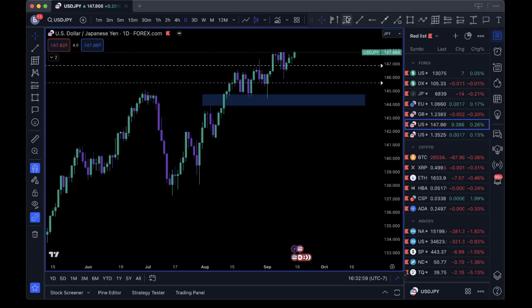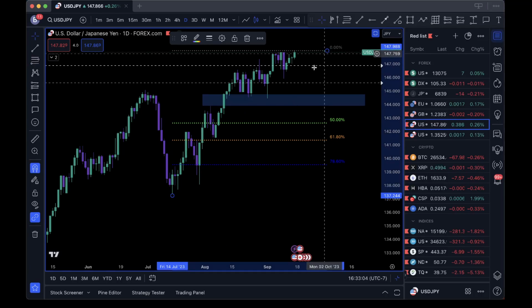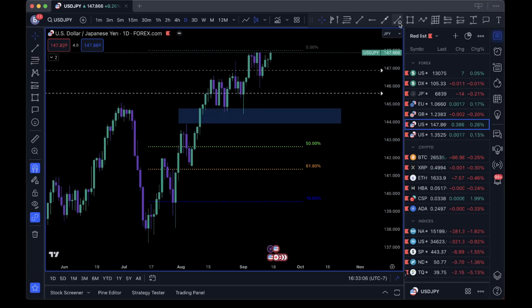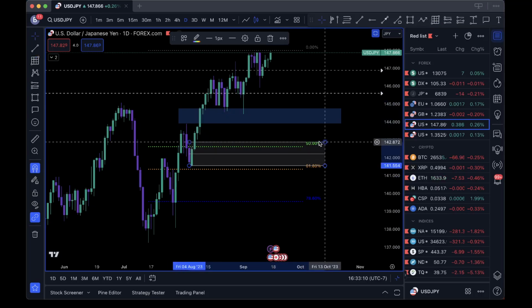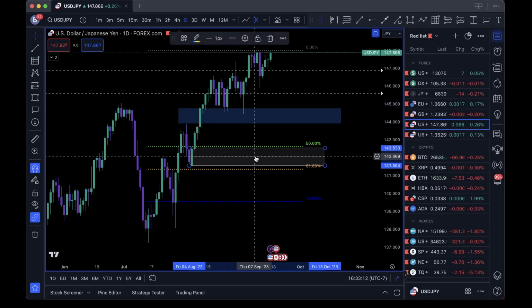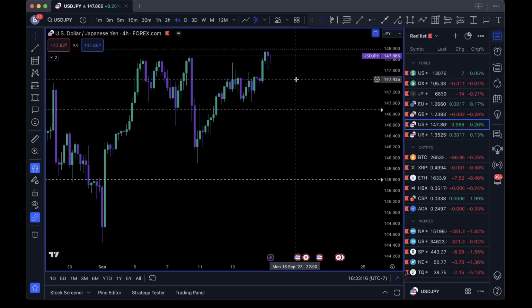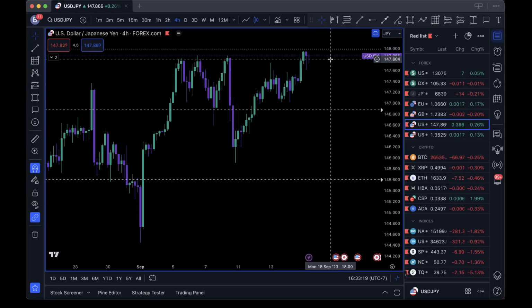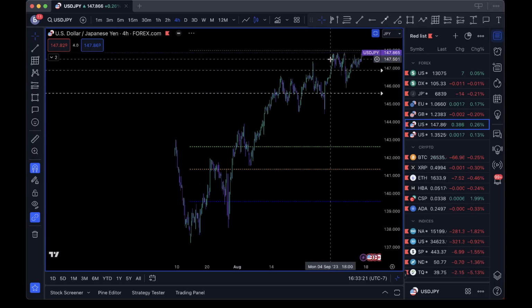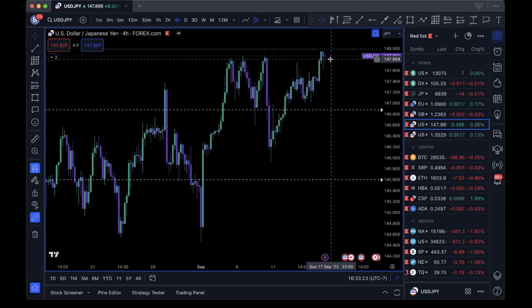So that would probably put us into premium. Like, let's say the market decides to open up bearish. Yeah, I don't hate this level, but I don't know how long it would take for us to get down there on the daily chart. Honestly, that would take forever. So anyways, let's hit down to the 4 hour, see if we can find something a little cleaner, a little clearer. The 4 hour looks pretty good, actually. Yeah, 4 hour looks okay.